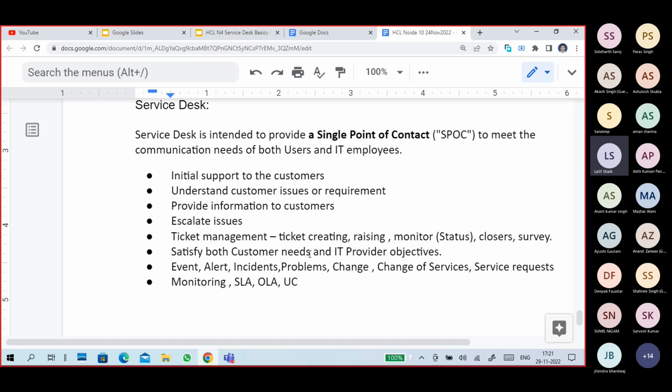Make sure the customer is getting the services. And service desk also deals with certain words like event, alert, incident, problem, change of services, and service request. Monitoring services and SLA management, OLA management, UC management. And after that one, SLE is very important. So you can try that.